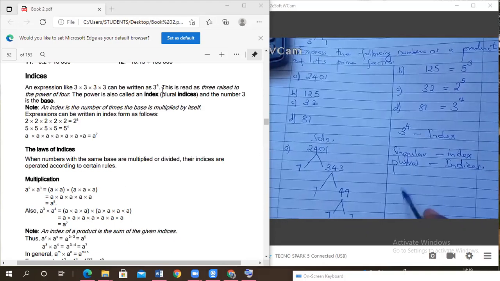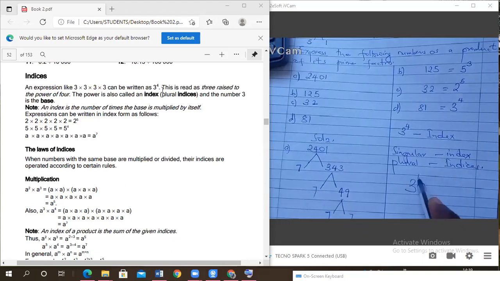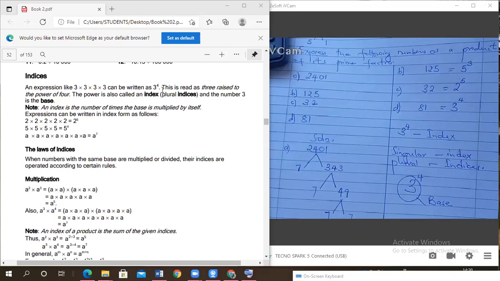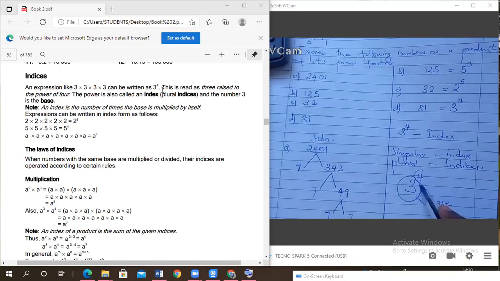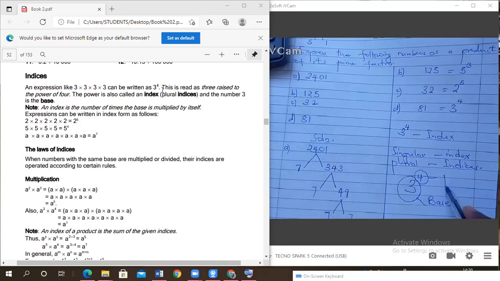If I have 3 to the power 4, the 3 is our base. We call it a base. Then this 4 is our